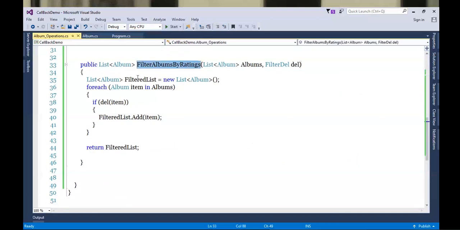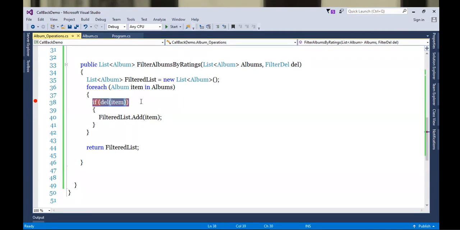So when I'm writing this method, filtered album by ratings, first I take the list of albums and I require that method where actually the comparison logic is written. Okay, so who is going to represent that? Delegate. And we finish the logic. So what is important here? This line. This line is a callback line.